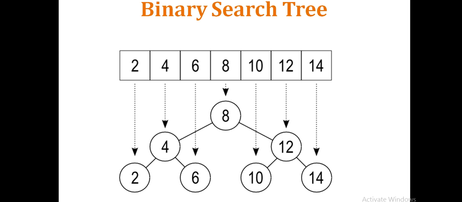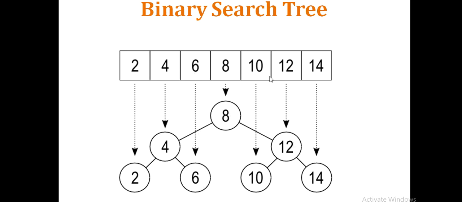Now here you can see that 8 is the middle element, we can say the root element. So what about the next element? Suppose the next element is 4. 4 is less than 8, so we have included the 4 here. 12 is greater than 8, so it is on the right side. Now 2 is less than 8, and again less than 4, so it is on the left of the 4. 6 is less than 8, but it is greater than 4, and that's why it is on the right side of the 4, and 2 is on the left side of the 4.